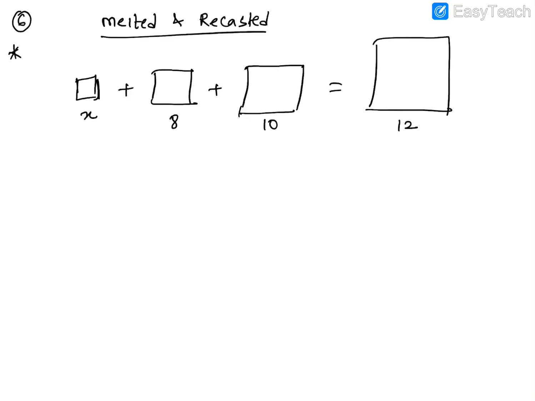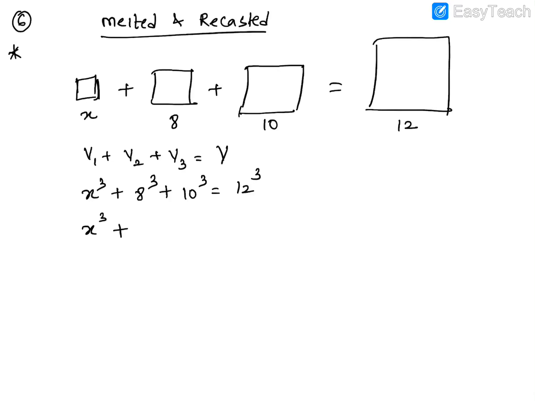Now these are the sides: x, 8, 10 and 12. They are asking us what is the value of x. So basically, the volume of the first cube plus the volume of the second cube plus the volume of the third cube is equal to the total volume of the biggest cube. So, side cube plus side cube plus side cube is equal to side cube. So x cube plus 8 cube is equal to